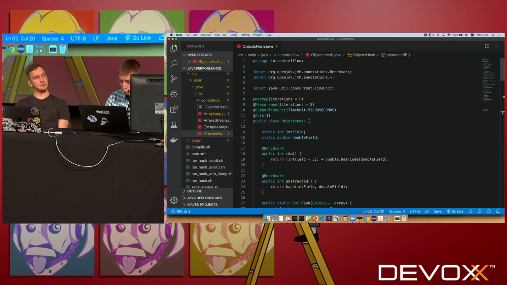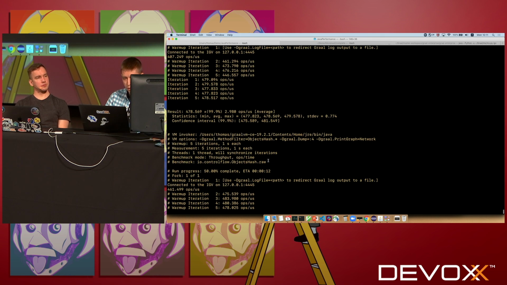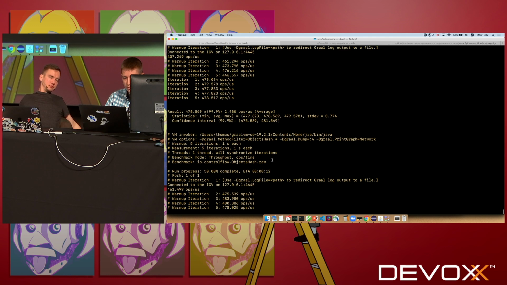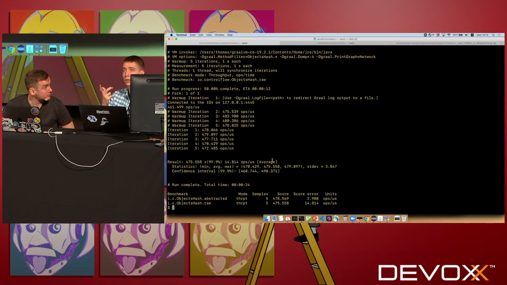In the case of the raw version, it does the same optimizations, and the raw versions are very similar. We are just 1% faster, but it's very similar. So it does the same trick on intensifying the double hash code function. But generally, it's always hard to say because there are many optimizations here,